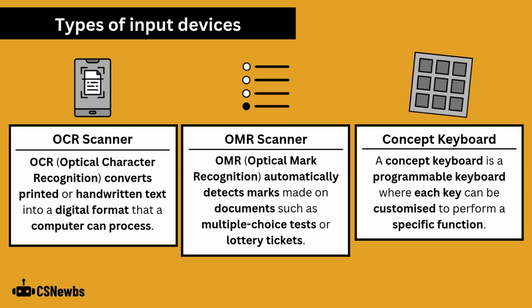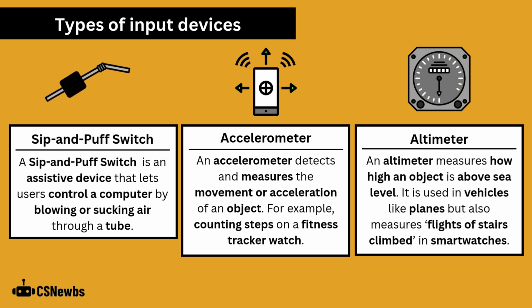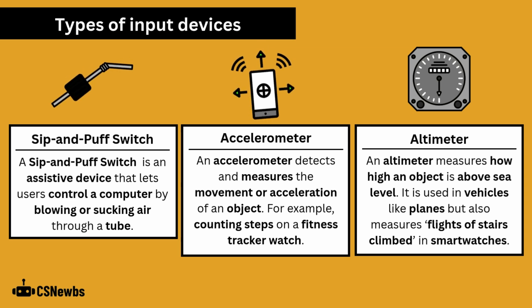And then a concept keyboard, which is a programmable keyboard where each key can be customized to perform a specific function. Then there's a sip and puff switch, which is an assistive device that lets users control a computer by blowing or sucking air through a tube, and an accelerometer, which detects and measures the movement or acceleration of an